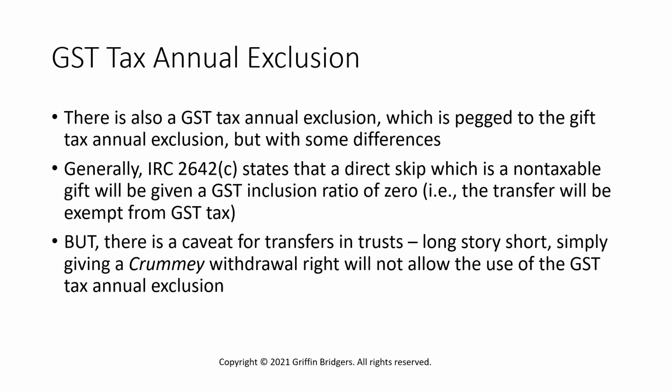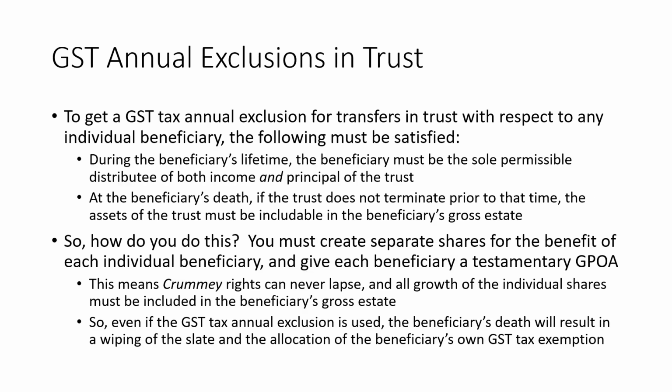So simply giving a Crummey withdrawal right will not allow the use of the GST tax annual exclusion. Instead, there are specific requirements within Code Section 2642 to qualify transfers in trust for this 0 automatic inclusion ratio that's pegged to a non-taxable gift. So in order to use this GST tax, quote-unquote, annual exclusion,